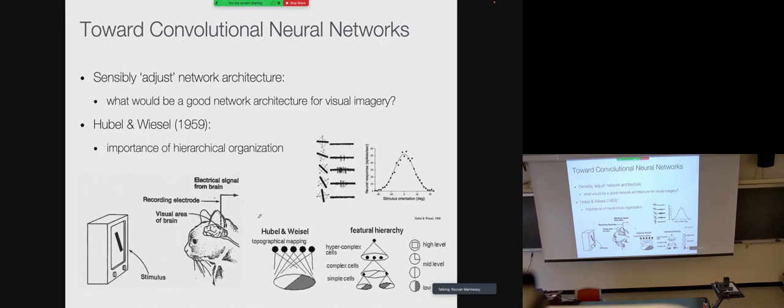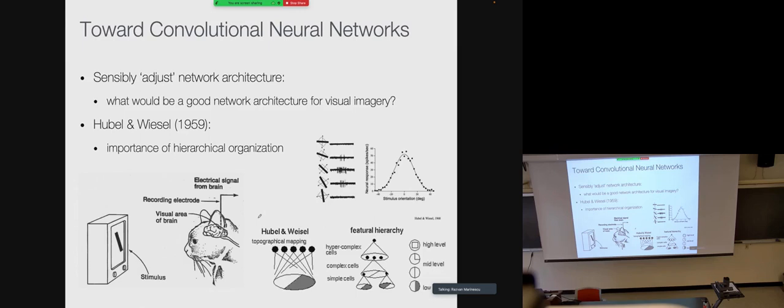I don't know all the details of the paper; I haven't actually read it, but I know the general idea is that they figured out the brain is organized in a very hierarchical way. It has a hierarchical structure of cells, and this is actually quite well known these days: the visual cortex has many layers, V1, V2, up to V5. They are all organized hierarchically.